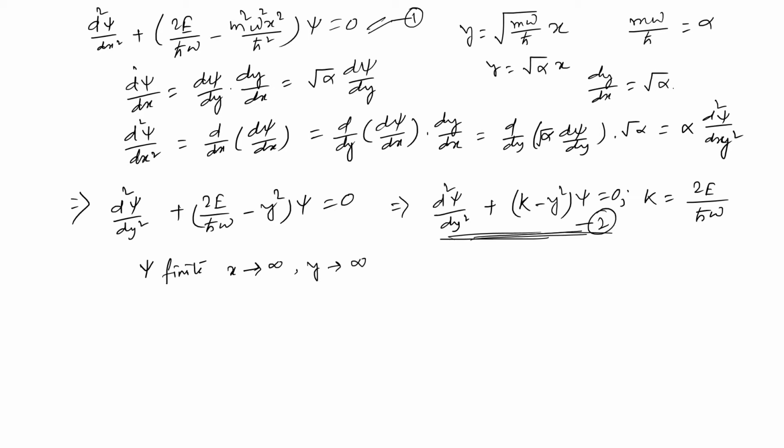At y tends to infinity, psi is finite. Y tends to infinity means e tends to 0. That means k tends to 0. That means we can write the differential equation number 2 as